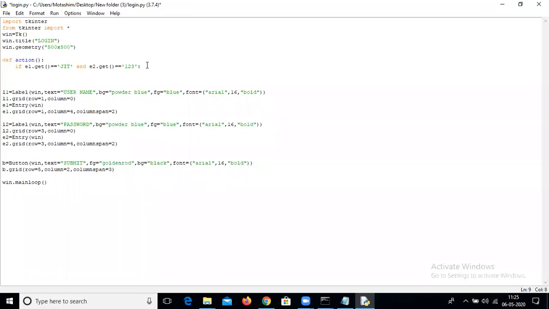So we'll simply write the message, print welcome to git family.